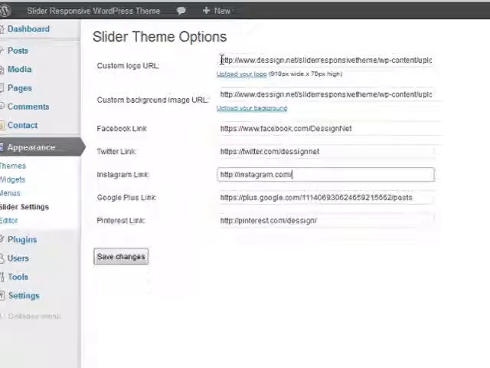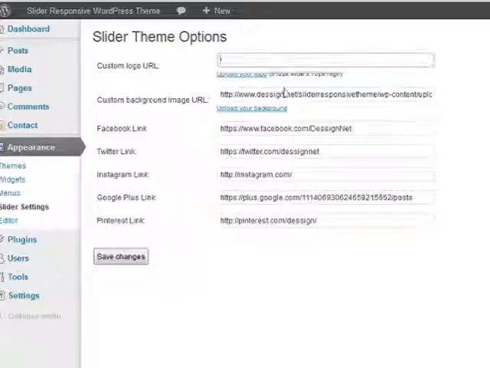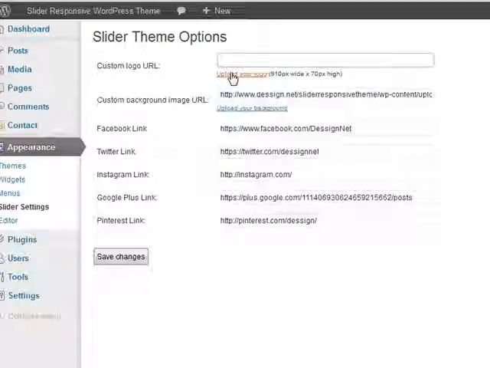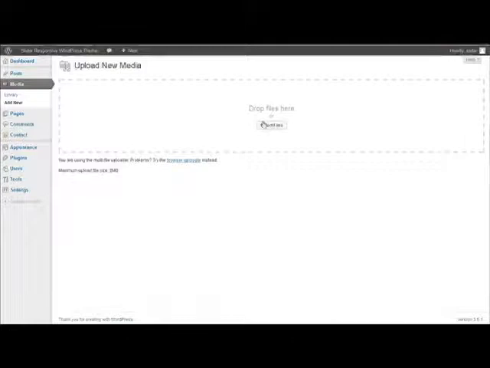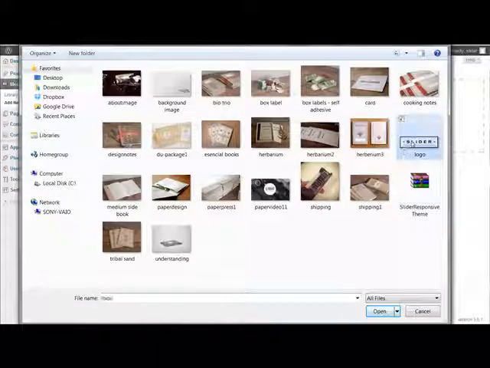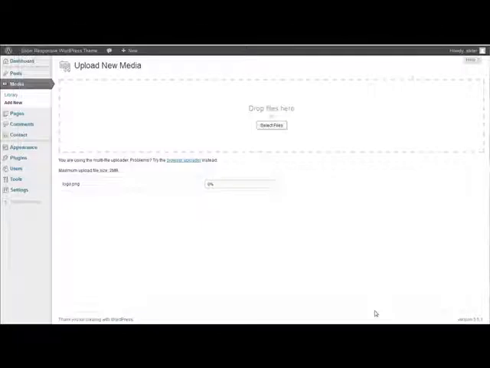So first, let's upload your logo. Let me just delete this. The size, you can have full size logo, 900 by 70 pixels high. Whatever looks good, you can upload it. So click upload your logo. Select files, look for your logo, could either be JPEG or PNG. Hit open, click on the edit,